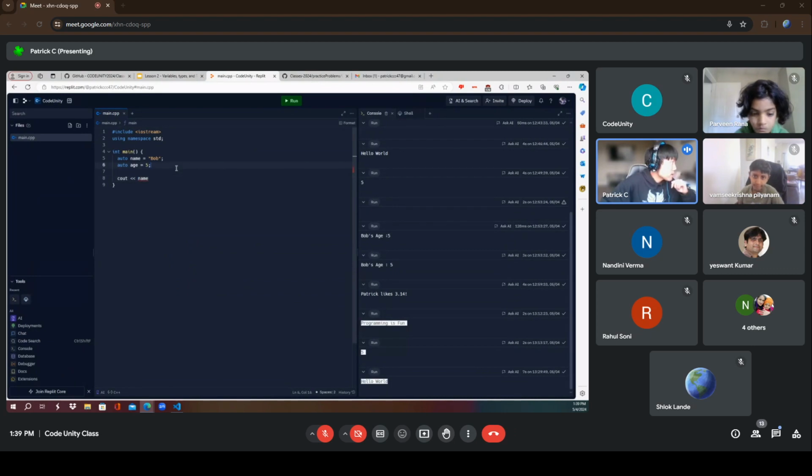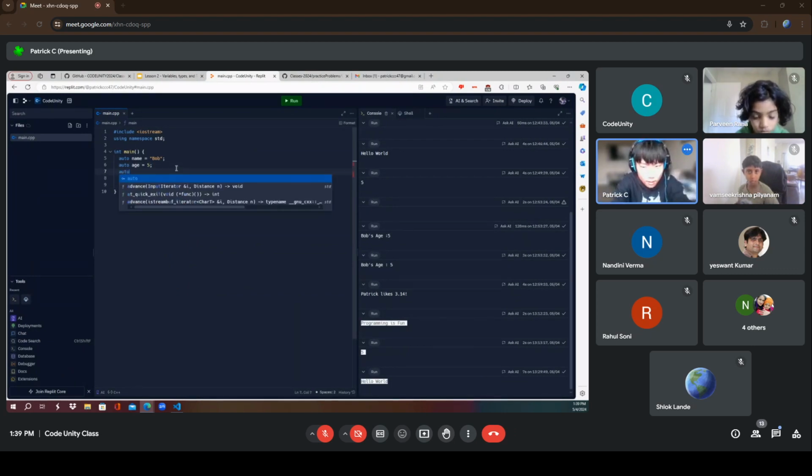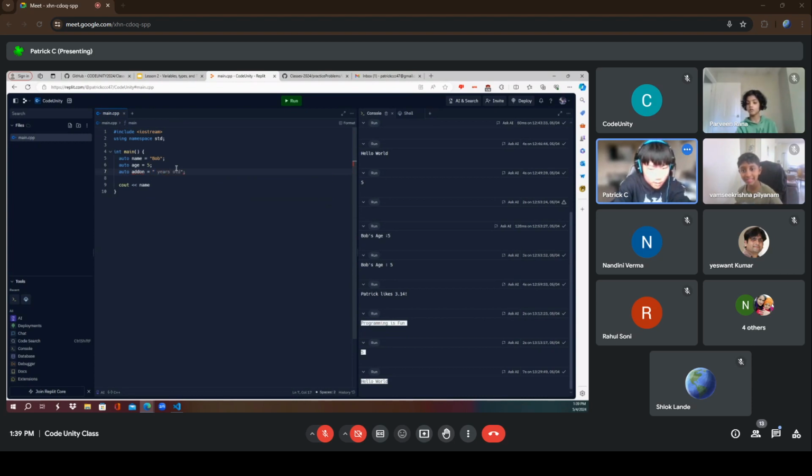So I'm going to create another variable, an add-on, equal to what this does: you add this onto your name, the single quotation mark and then the S.